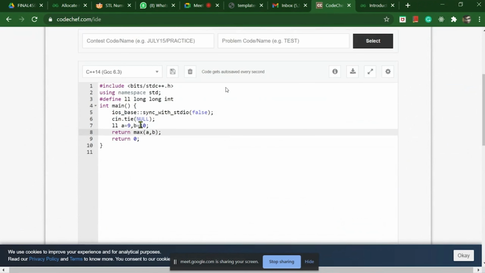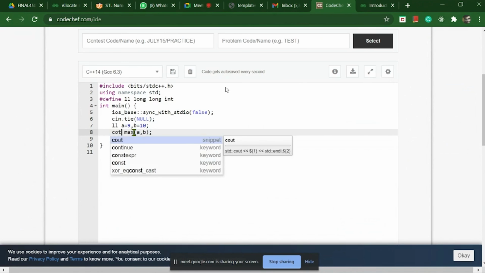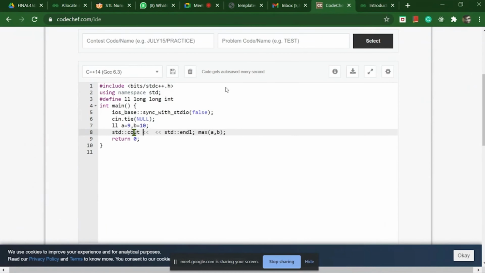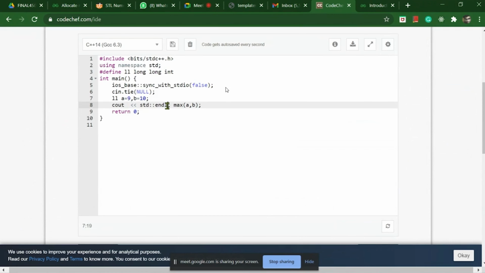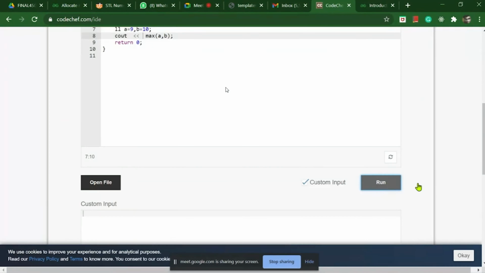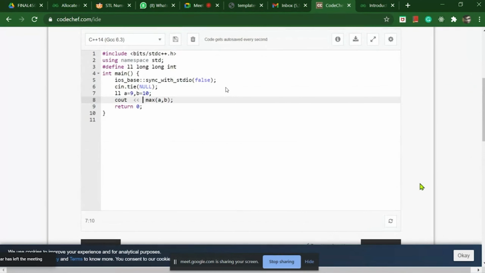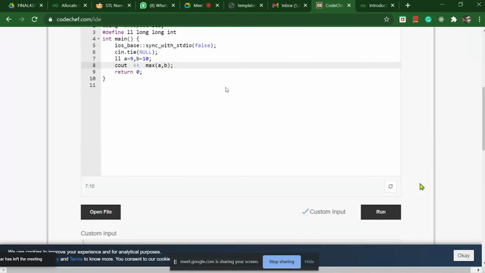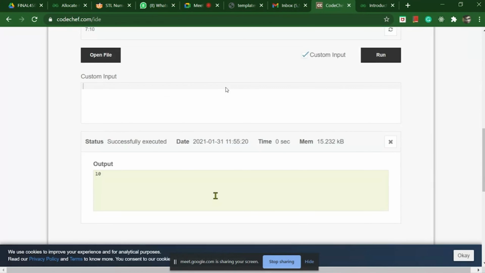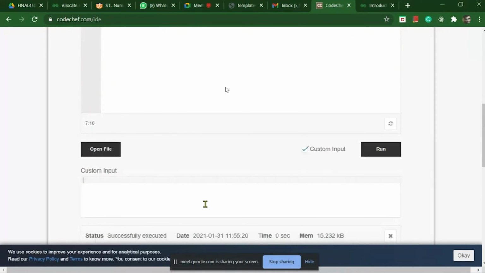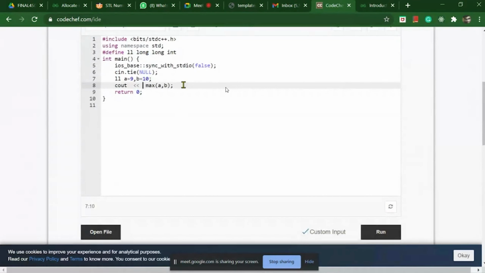This is a method in C++ STL. It compares the two values and gives the output which is the bigger value. So you can see that from 9 and 10 the bigger value is 10. This is how the max method works.